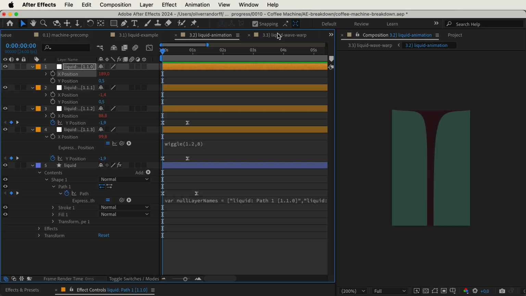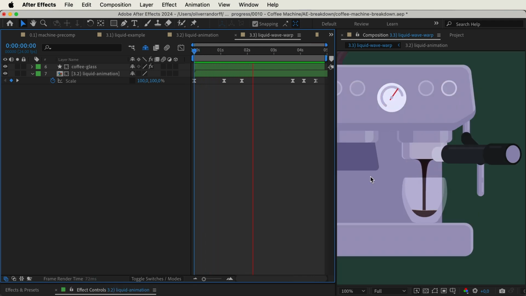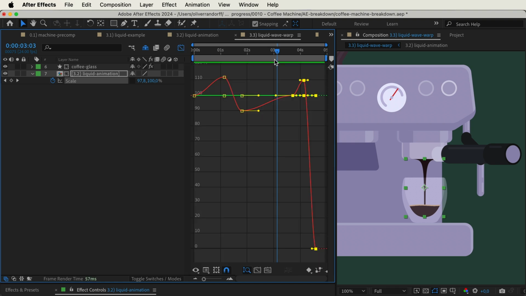Now this is a starting point and we still need to add a bit more to really sell this effect. So if we go into the composition again, you can see that it already works pretty well here. Something I've quickly done is just add a scale animation, mainly to scale down the liquid at the very end, just so it disappears. And this seemed to be the easiest way to do it instead of actually animating it from the top and down to disappear.